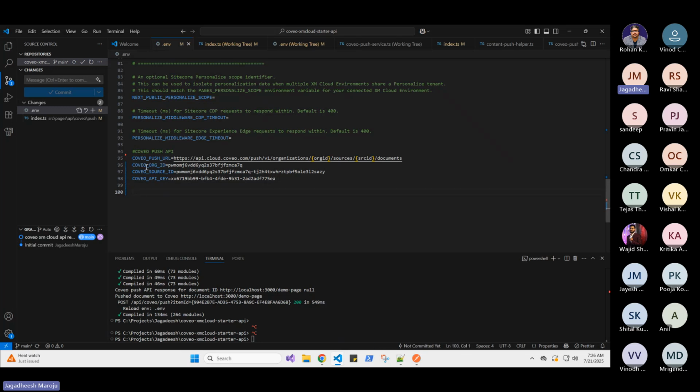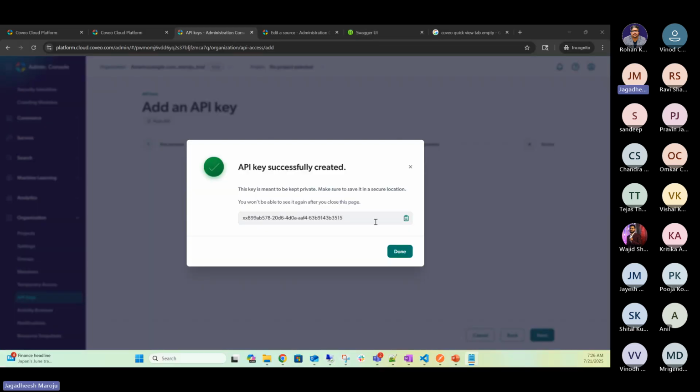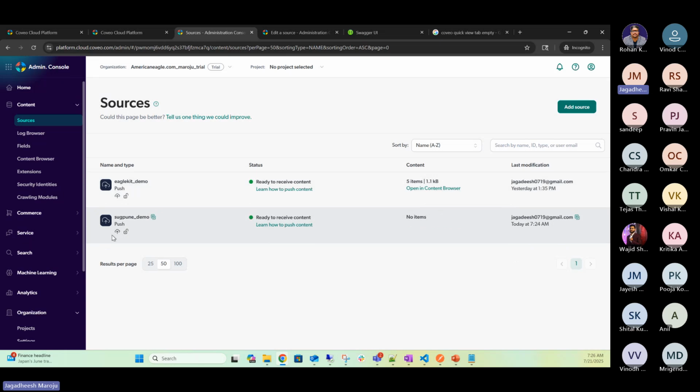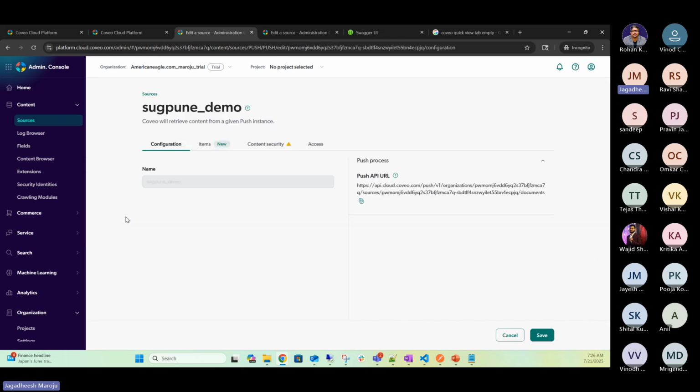few variables. We need the Coveo org ID, source ID, and API key. So what's the organization ID? Let's go and see in the source, SUG Pune demo. Yeah, you will be able to see your org ID and source ID in the push API URL that it has. So organization/org ID. So this is your organization ID. Just copy this